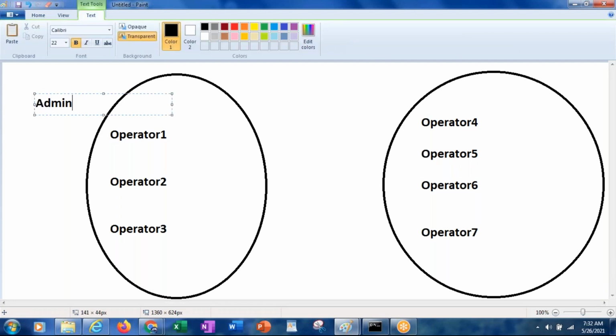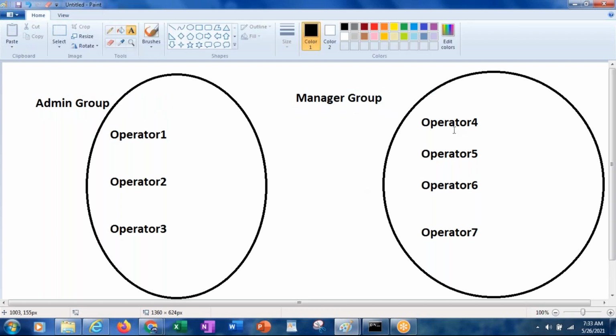Like this is the admin group, an admin access group kind of thing, and this is the manager group. The people who are part of this manager access group will have the same access level, and the people who are part of the admin group all belong to the same access group, so all the privileges belonging to admin will be the same.